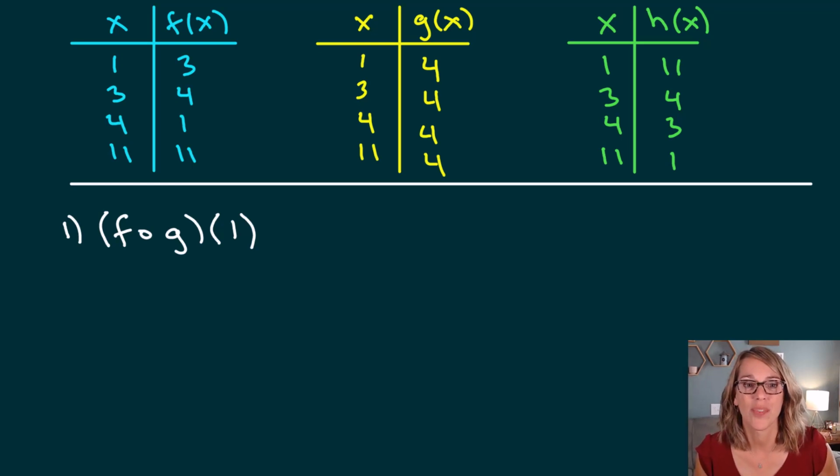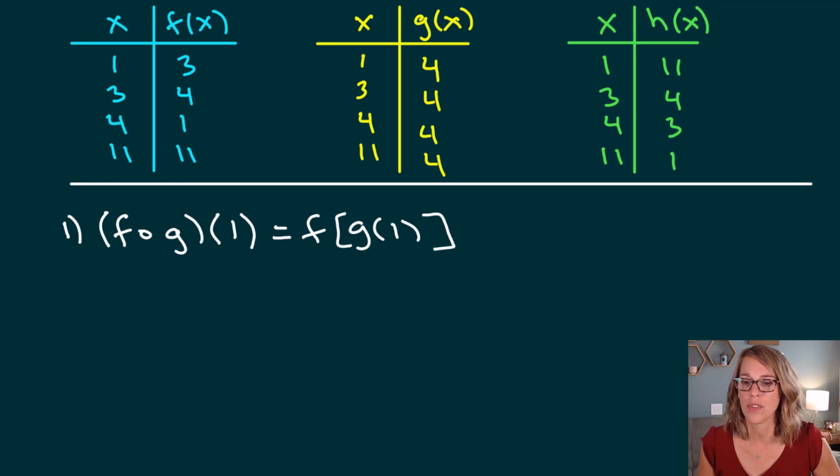Let's do some compositions with tables. For this first one, I've got f composed with g of 1. So I'm going to rewrite that with the definition first. This is f of g of 1. We are going to follow order of operations and do whatever's on the inside of those parentheses first, which is